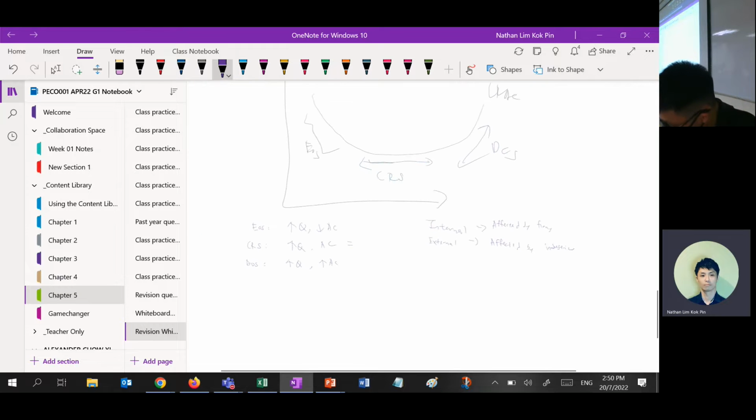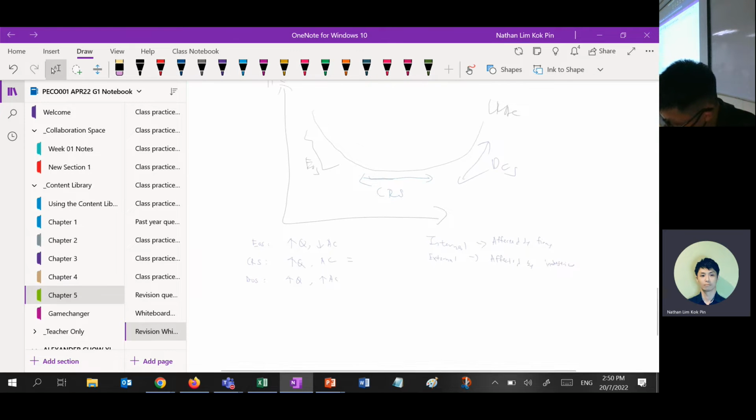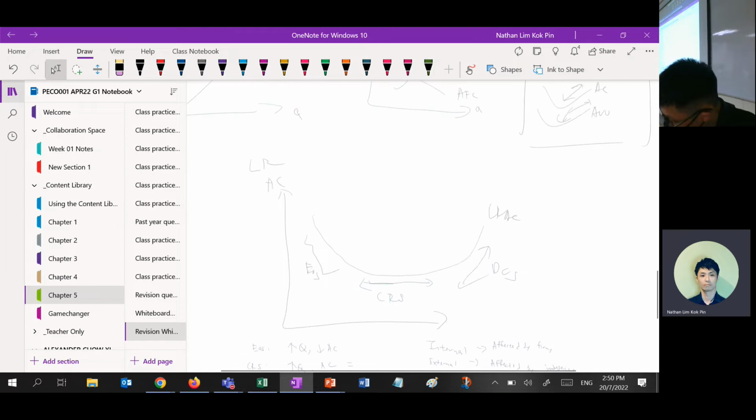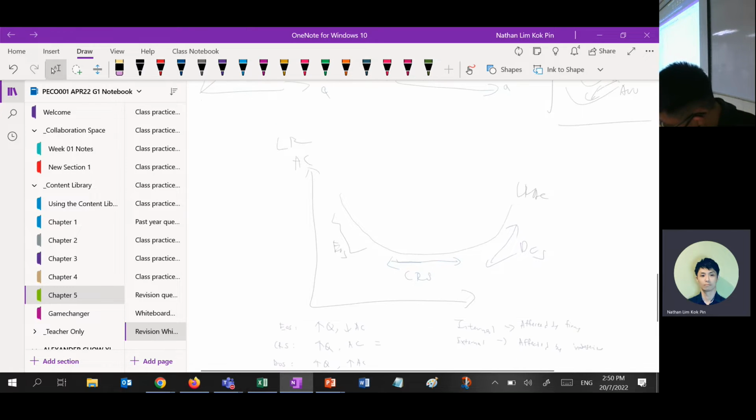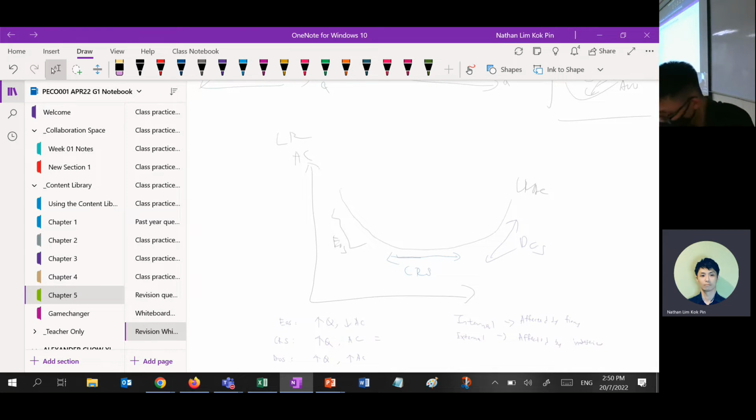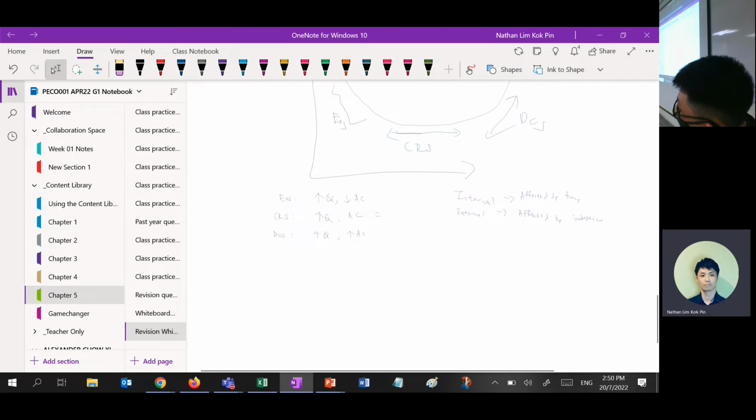There's external economies of scale, and it can be due to the government, right? So yeah, something like that. What else? Anything I miss? Right. Increasing returns to scale and decreasing returns to scale is another one. Increasing returns to scale is the relationship between input and output. This one, economies of scale, is the relationship between output and the cost.